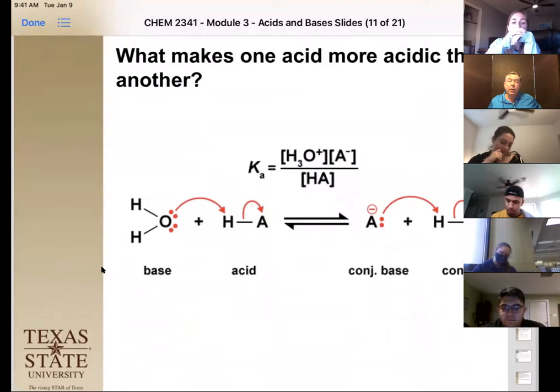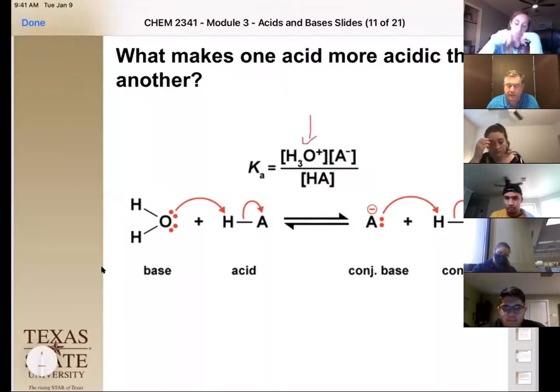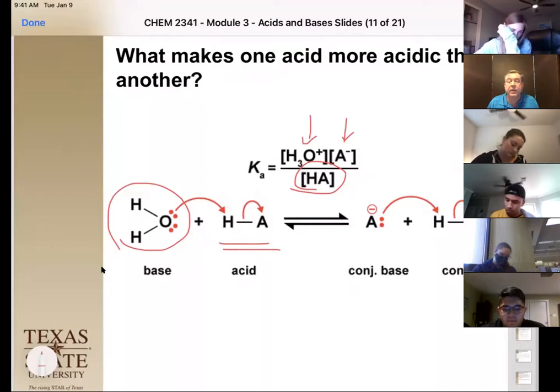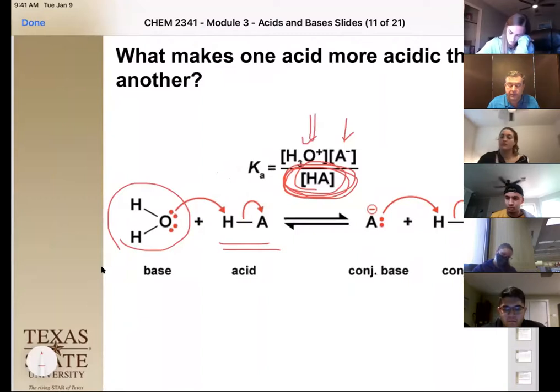So the whole concept here is that we are going to look at the equilibrium constant, the concentration of the conjugate acid and conjugate base over the concentration of our original acid right here. And again, we ignore water in this because it doesn't have to be water. And so that gives us that equilibrium. We're always going to find that the higher the concentration of this you have, the lower the concentration of these things you have, and so that number goes down. And the opposite is true. The lower the concentration of this, the higher the concentration, and the pKa goes